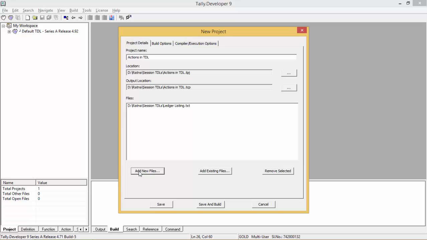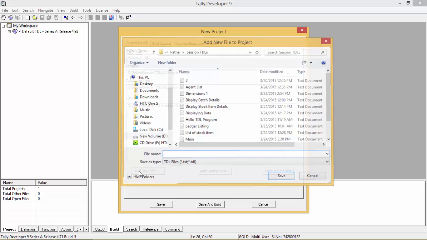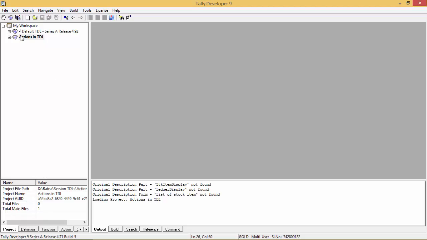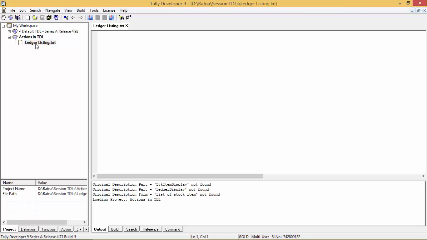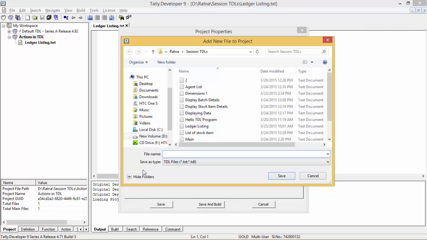We would be creating a ledger listing report, and save this. Before we do this, we will create a new main text file in which we will include all the basic things related to our project, the project file and the adding of the menu. All those things we'll do in the main file. So we will add a new file here. We will write main file,